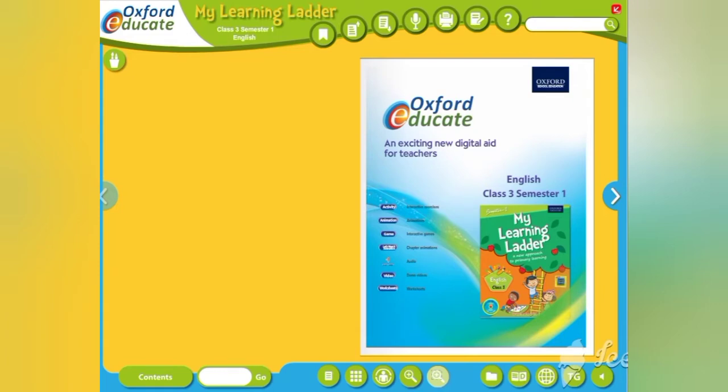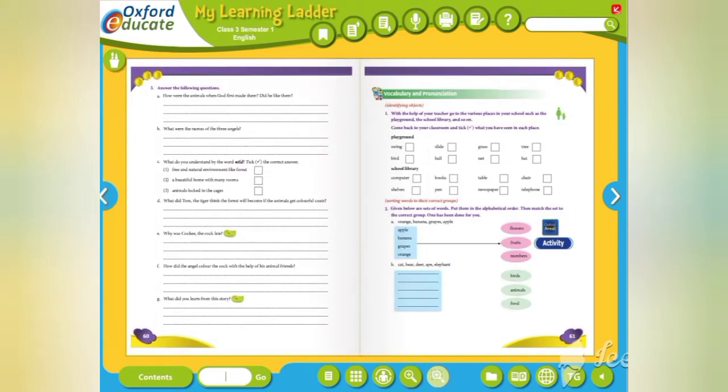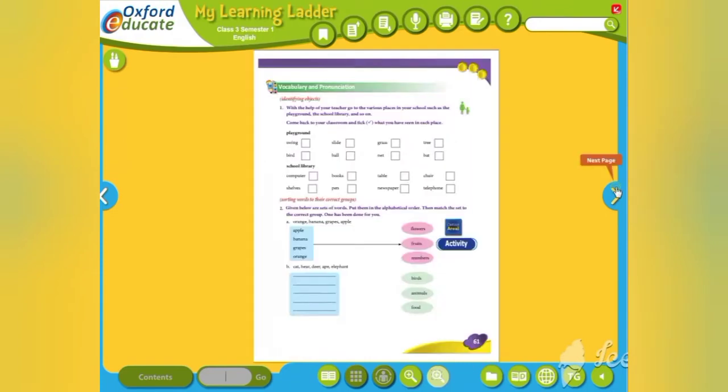Now all of you take your English book, okay? So take your English book and turn to page number 61. Have you all taken page number 61? So shall we do our exercises today? Yes, okay.